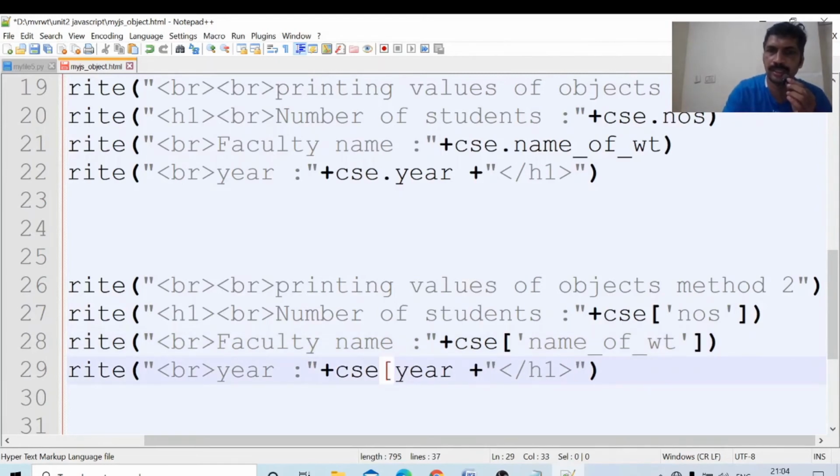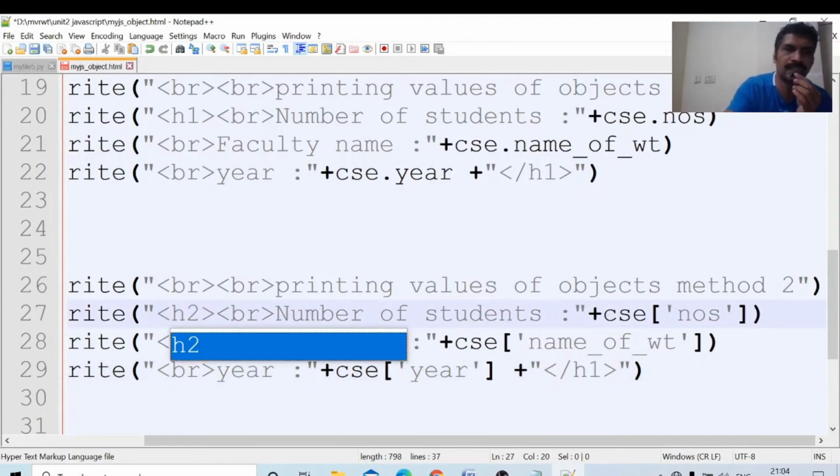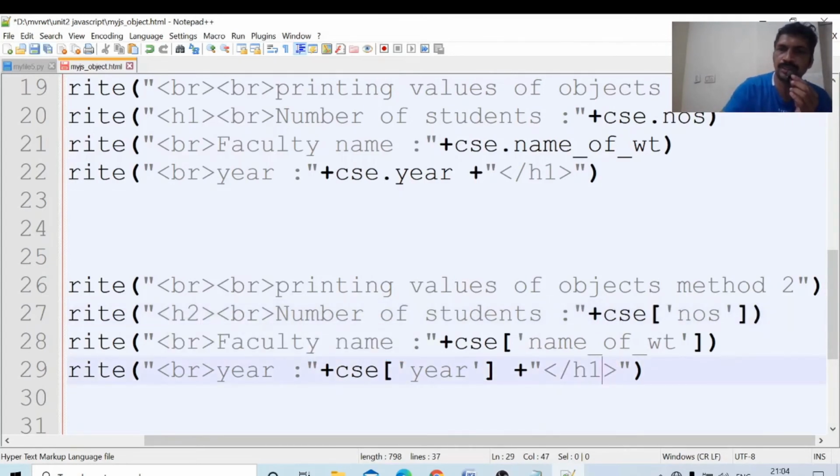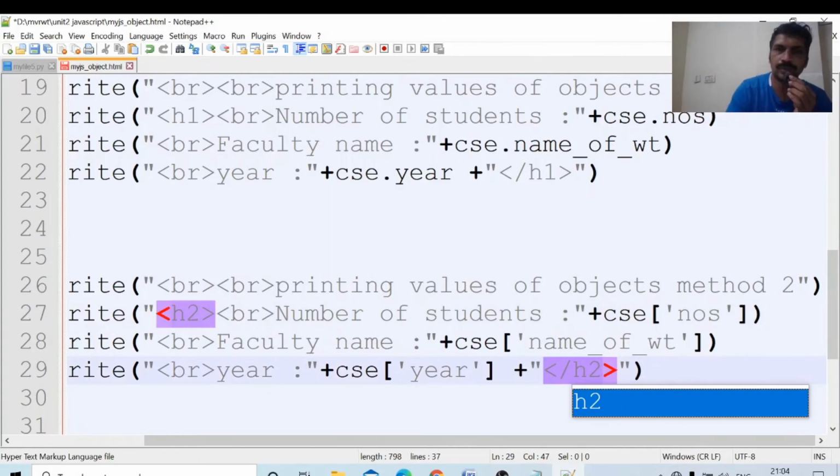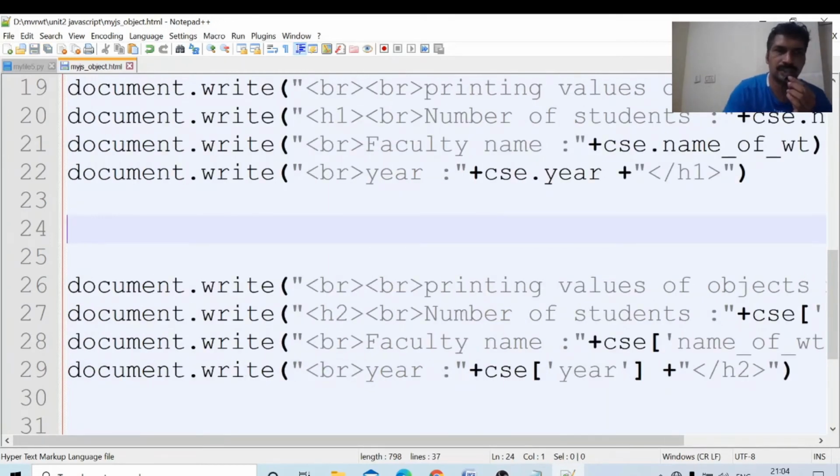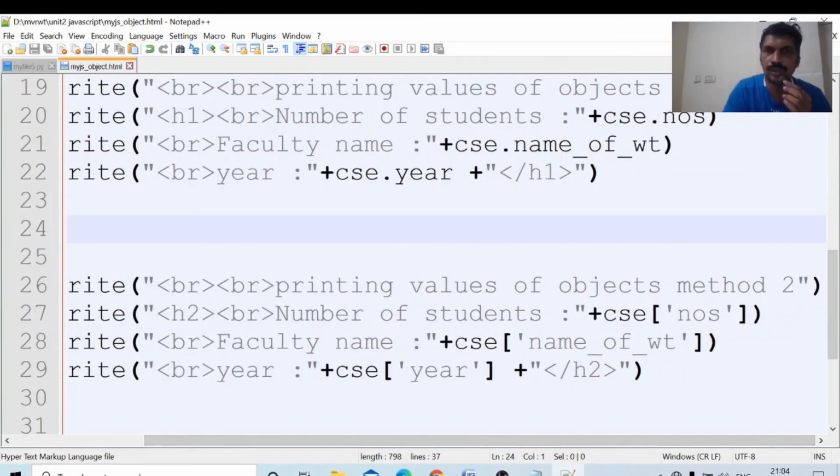Next, this is the name, also using arrays. The CSC is the object. We are getting the name, CSC name. In order to print the year, we will write here year like this. This is the second way of printing this one. For this second time I will keep the heading H2.